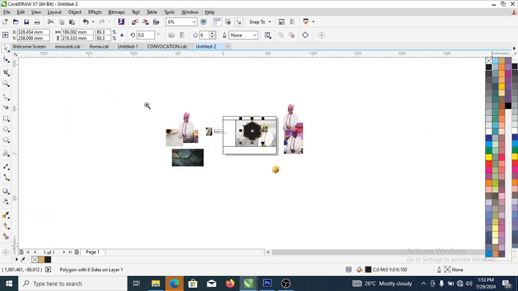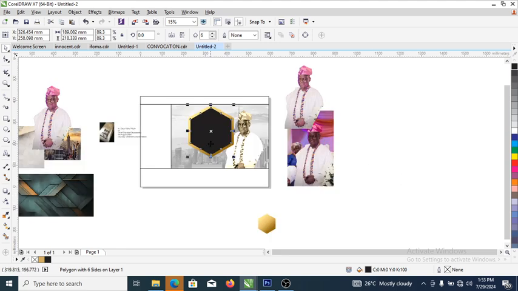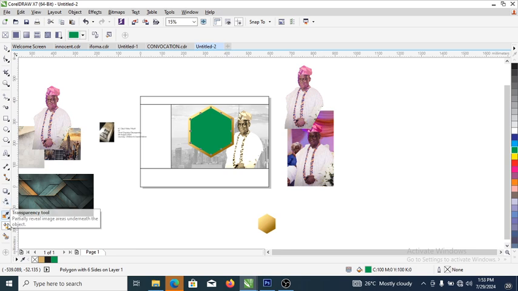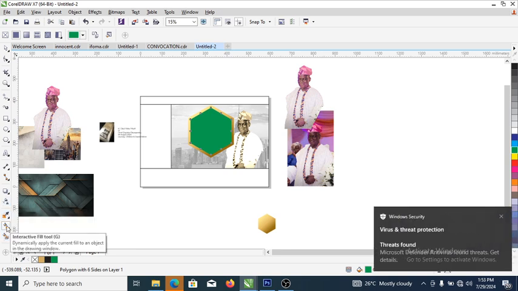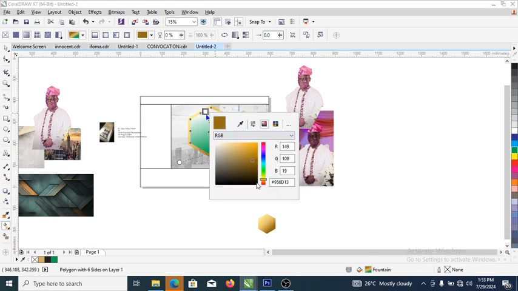So what we are going to be doing now is to have this as, let's use a green. So right now we're going to head over to your interactive fill tool. Let's drag on that. We are going to give it a gradient effect. So change the upper side to a darker